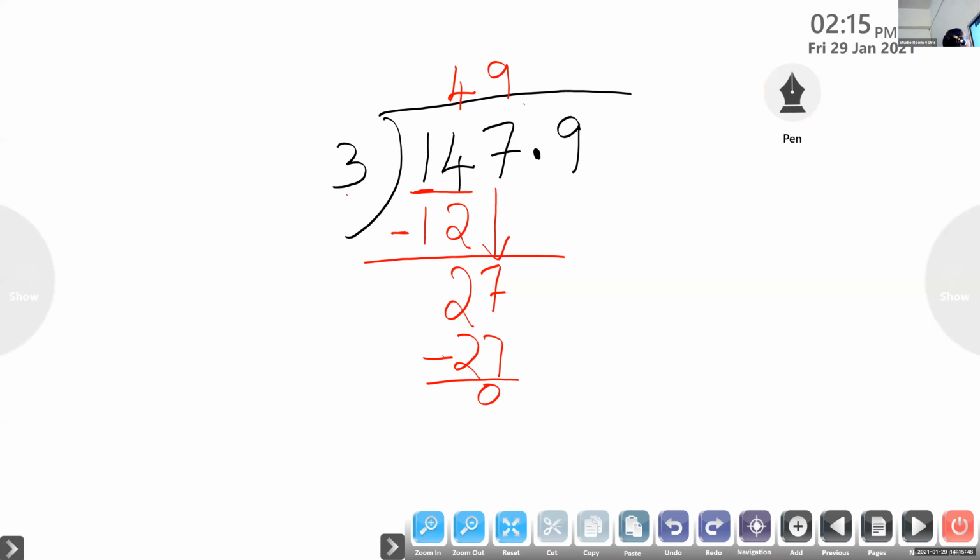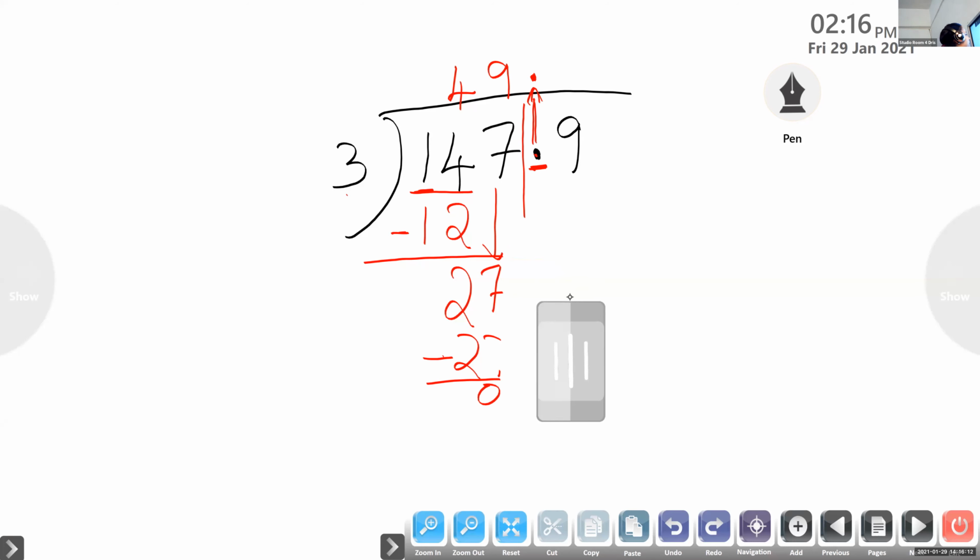We finished till here. Look here, we finished till here. Now, where is our decimal point? We have the decimal point. So, what we have to do? Put the decimal point in the quotient. Okay, line up. Children, line up is very important. You have to place the decimal point just above. Okay. Now, what we have to do? Bring down 9.